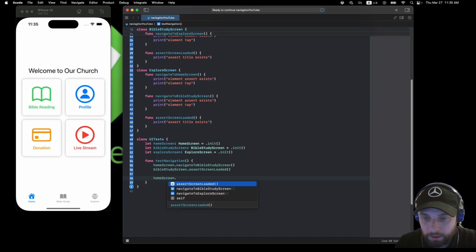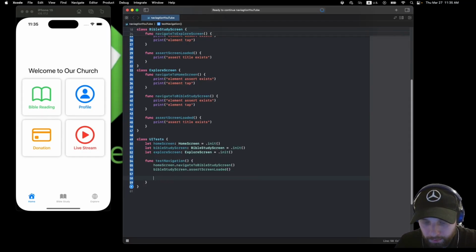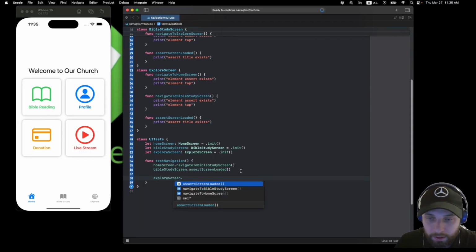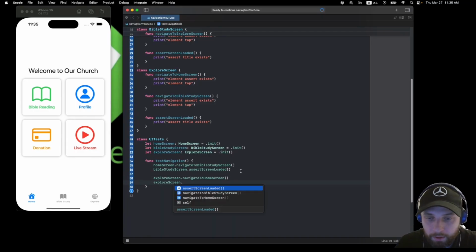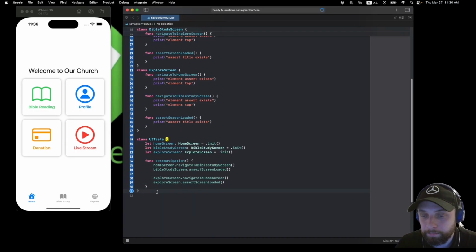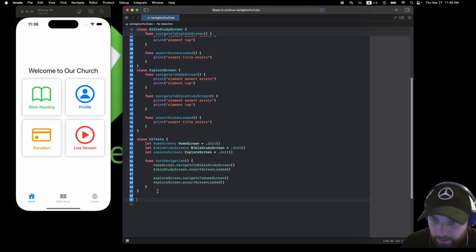Home screen dot, yep. Let's do explore, maybe explore screen dot. Yep, available functions for you right now: navigate to Bible study screen or to home screen from the explore. Which is fine, I guess. And then if we want explore, we do explore. So load it. Sweet. In order to run it in the playground, since it's using the code, pretty much the same